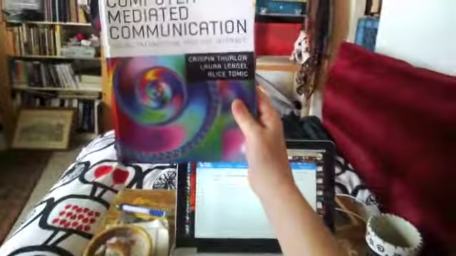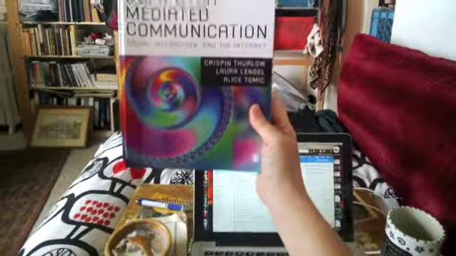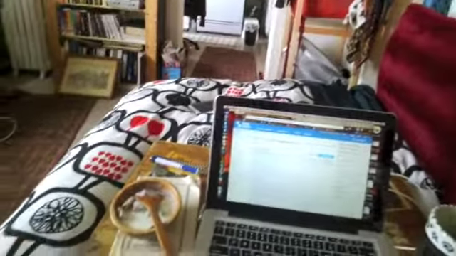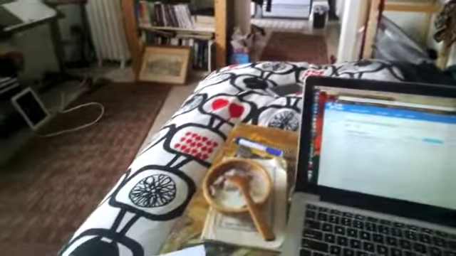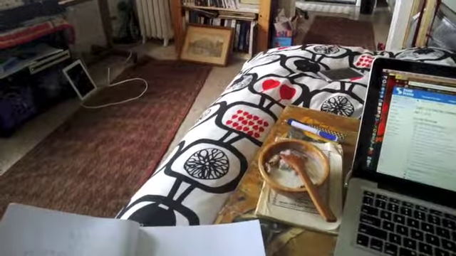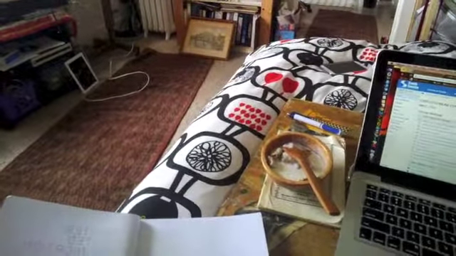But what's interesting is that this book, which was written a while ago, so it's unfortunate, is probably one of the best books when it comes to explanation of terminology for terms and concepts and theories regarding computer-mediated communication. Anyways, it's fun to think that this book, which was written and updated about 10 years ago, and the last reprint was 2011, actually talks about wearable computer technology. And I thought it would be fun